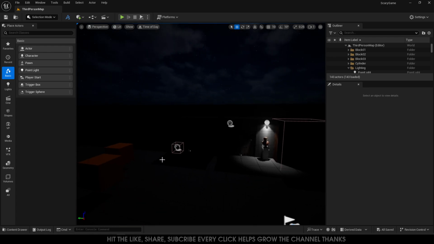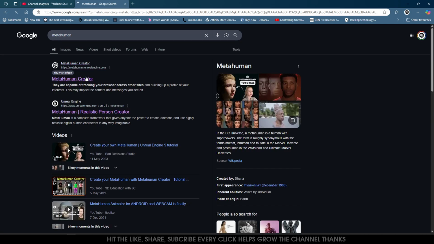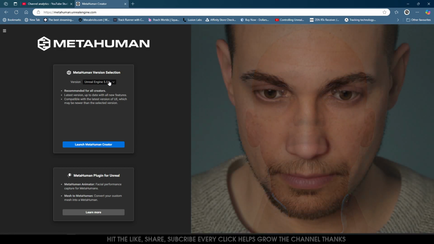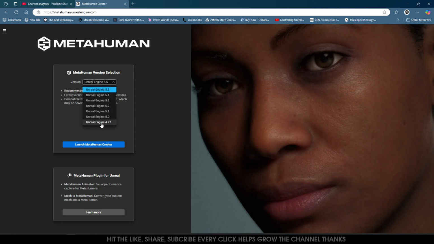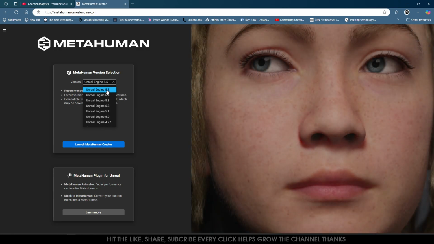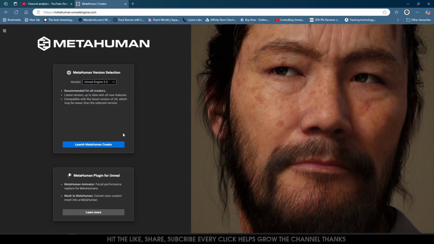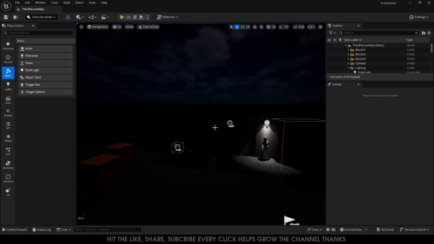So what we need to do first is, of course, create a MetaHuman. I'll leave that part up to you to research and find out how to do. I'm not gonna show you how to use the, what's it called, MetaHuman Creator. Make sure it's compatible for the version you're using. I think the last one you can go to is 4.27 and the latest is 5.5. So you launch that, you create your MetaHuman, and then from there you'll be able to